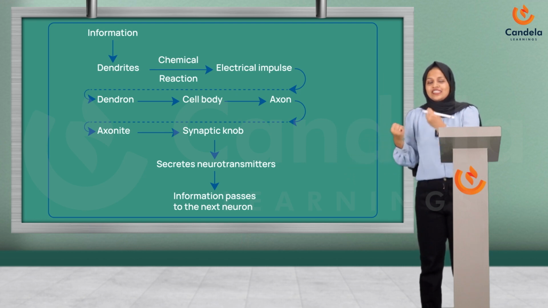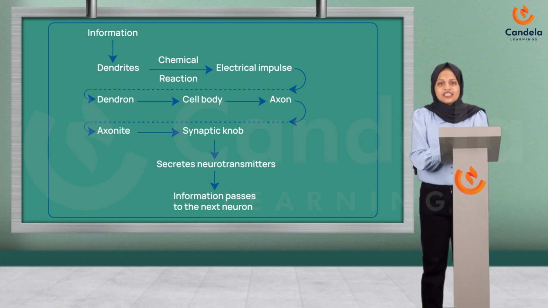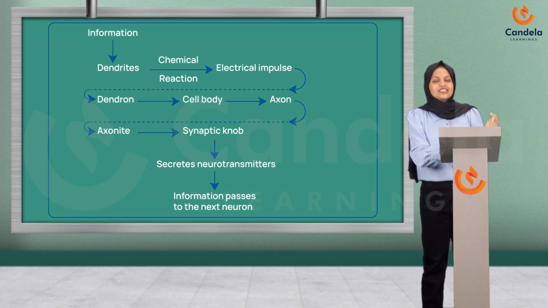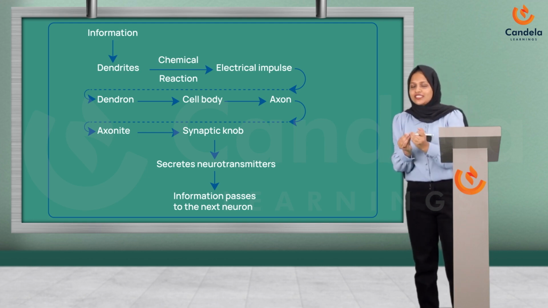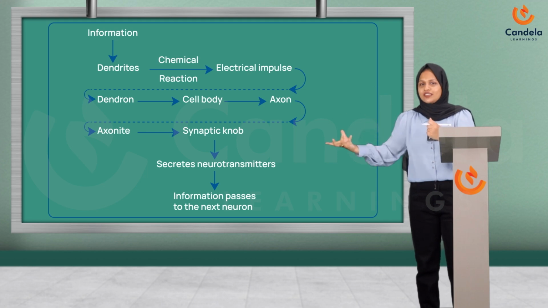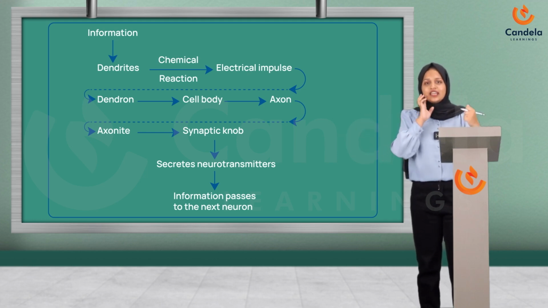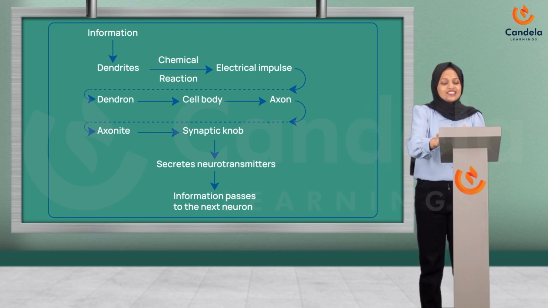At that time the synaptic nerve secretes some chemicals known as neurotransmitters. When the impulse has no way to go, the synaptic nerve secretes these neurotransmitters. Now what is present within these neurotransmitters? The electrical impulse is present. So these neurotransmitters containing the electrical impulse are given to someone. And who is that? Yes, it is the synapse.